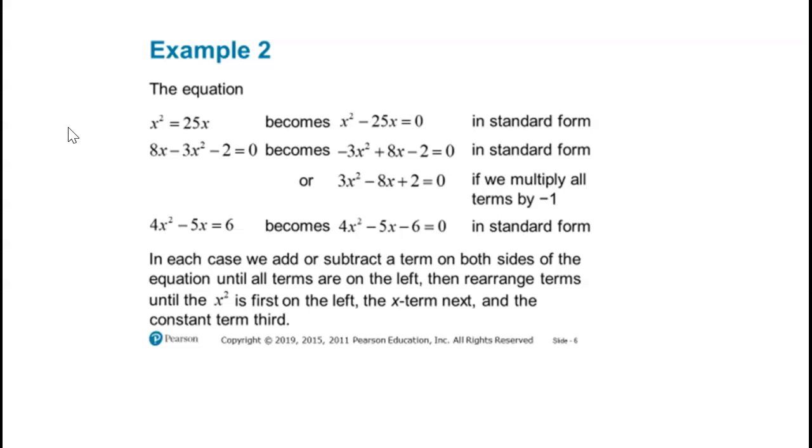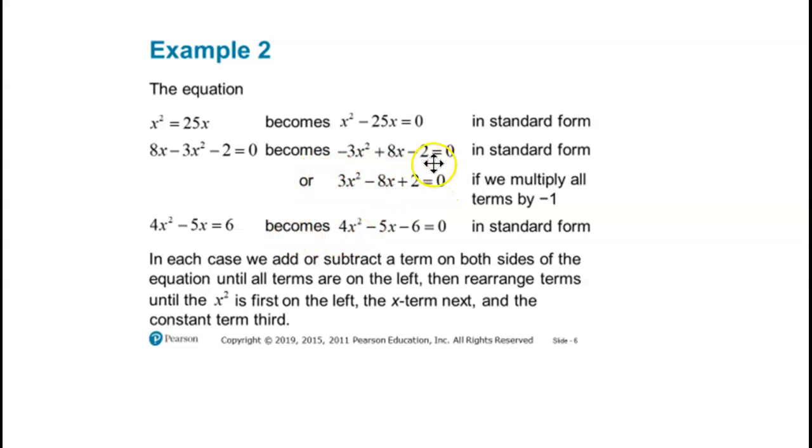So you can take x squared equals 25x, and you just move the 25x over so that it is x squared minus 25x equals 0. Same thing here, except you just move your negative 3x squared up in front of 8x, and then also down here,